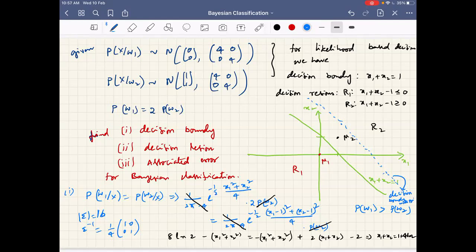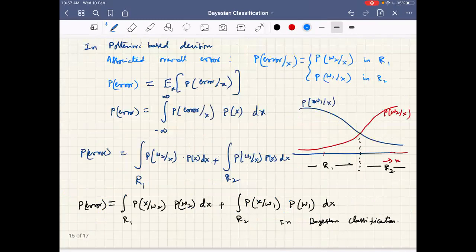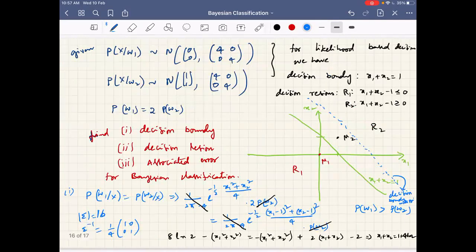Okay, so we'll stop here. The discussion now is how do you find out the associated error? Decision regions and others are clear. While finding the associated errors here, will this be a single integral or something else? It will be a double integral, integrating over x1 and x2, both features, like both dimensions. You should take care of that.